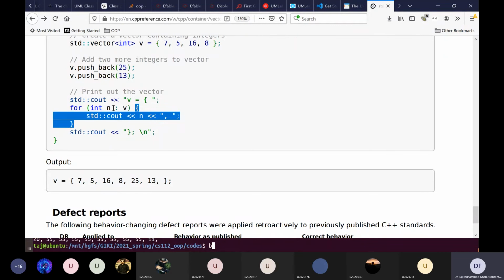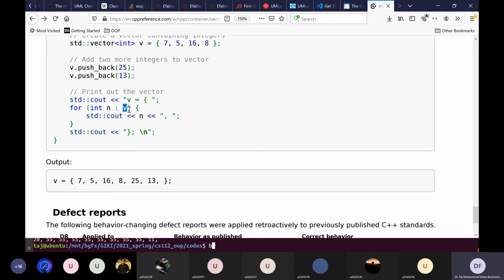And what will happen is that it will basically take this data type which supports this concept of ranges, say vector, and it will take all the elements of this data type vector one by one, and in every iteration it will basically assign the value of the next element to this variable n. Okay? So the type of n should be the type of the element of this vector.